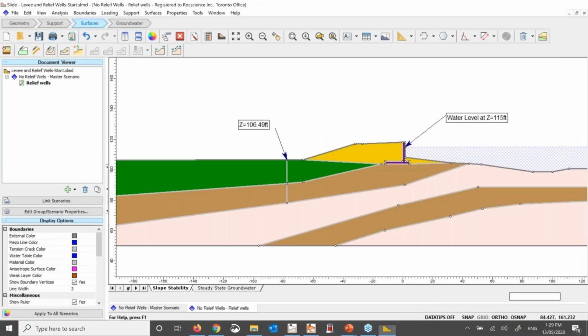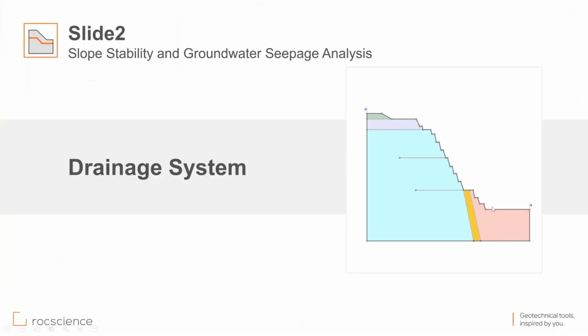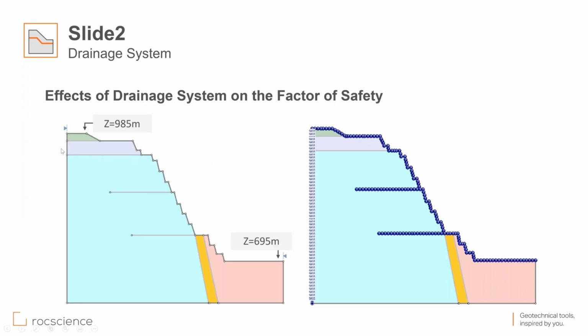I'm just going to close all these files. This second example using finite element would be designing a drainage system for this open pit mine. We have the water table standing on the left side of this opening, and we have a dry area in the pit so that we can make it a workable area. The way this one works,